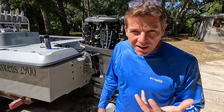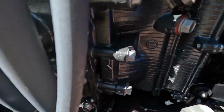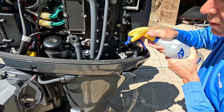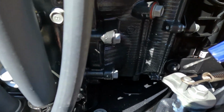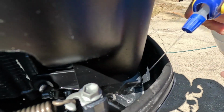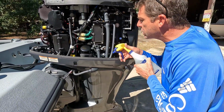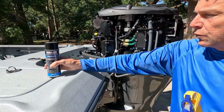So keep thinking of little extra items that you might want to be aware of while we're doing this. Occasionally I'll notice when we're doing service, salt water will evaporate apparently, and you'll sometimes get a little bit of a salt residue. And what I will do is use some good fresh water on one of these little zap sprayers to dilute that and clean the pan, going around. There are drains in the pan where, when you rinse these motors and water gets in, it can get out. But I think sometimes the heat of the engine and the salt that may get in from when we're offshore and you get splashes. And so before I spray our Yamaha Shield over the whole engine,